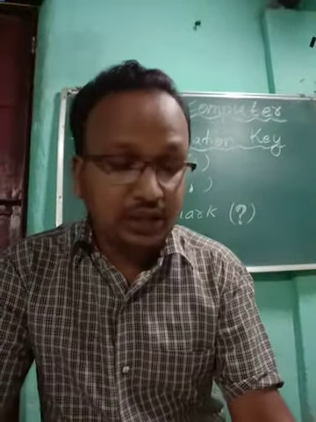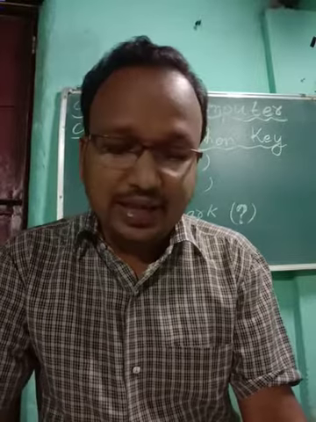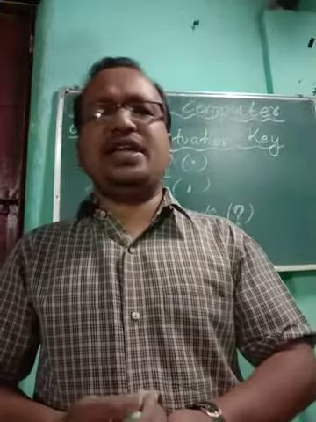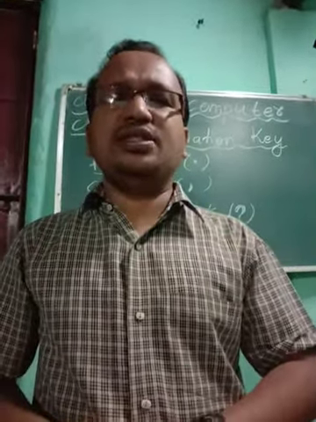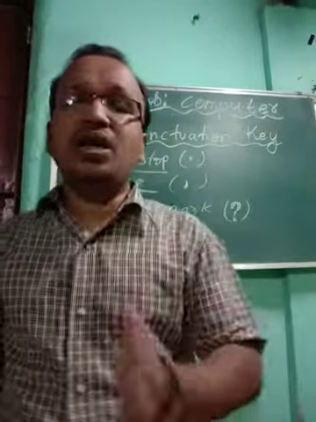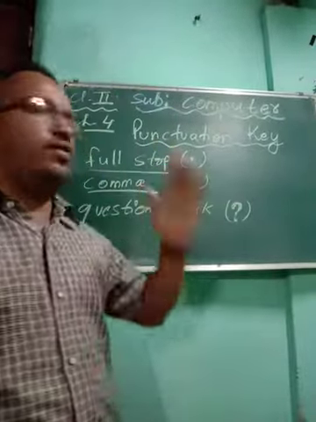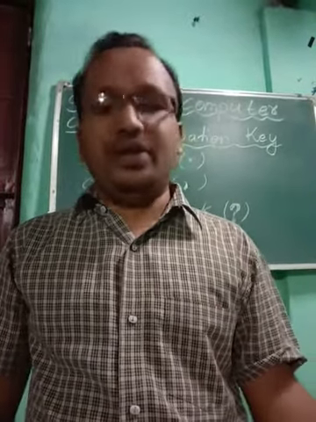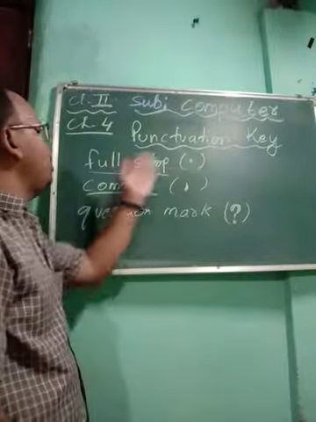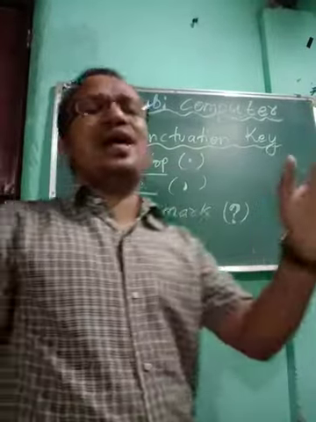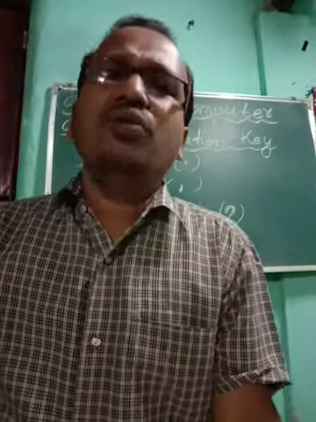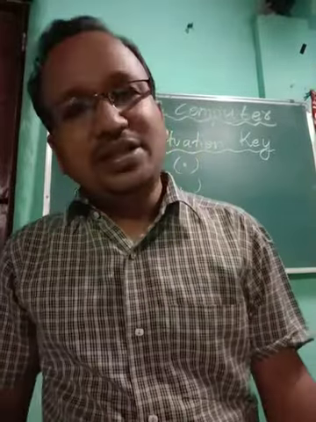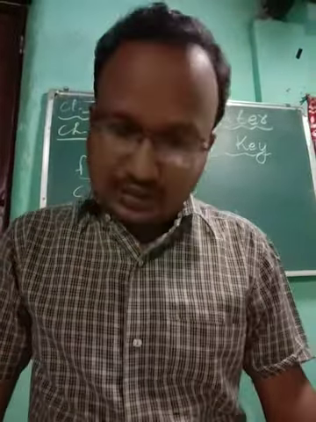Okay, so you can open your book page number 33 and you can see, punctuation marks are some of the symbols that are used while we write a paragraph or sentences. So whenever we write a paragraph, whenever we write sentences, whenever we write question answers, at that time all these punctuation marks are used. So these are all already given on your keyboard, so whenever we require, we can use them according to our convenience. Some punctuation marks are full stop, comma and question mark, etc. There are many punctuation marks which we can use while we write a paragraph, while we write sentences, or frame any question or answers.